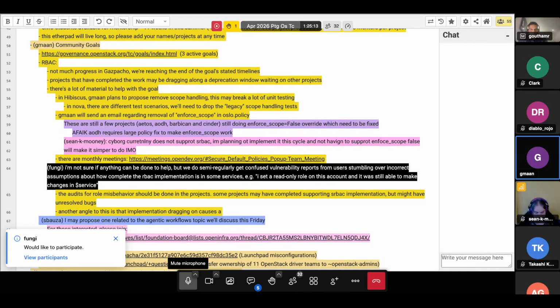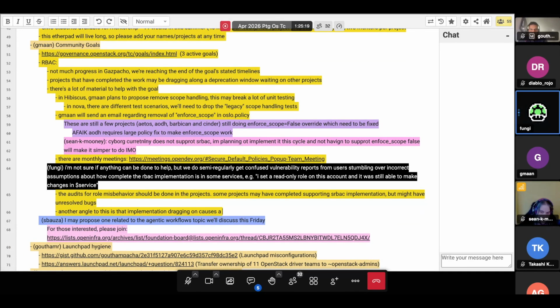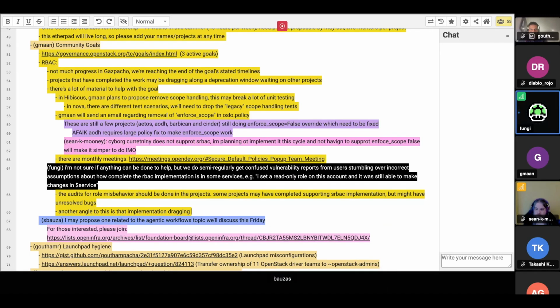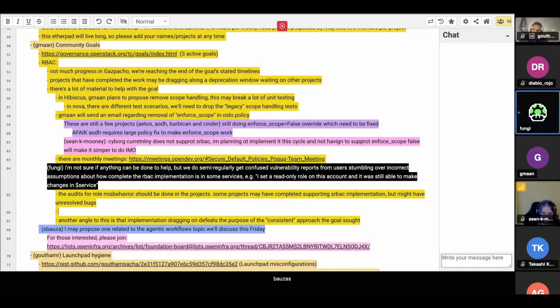Yeah, that's true. Yeah, Jeremy. Yeah, just to clarify, my comment on the Etherpad was specifically about services that haven't implemented certain roles yet, and then users getting confused about whether or not a particular role is applicable to a given service. And it seems like we don't have it documented in a consistent way for operators or end users to understand which of these roles is useful right now in what services and which ones are not going to work yet in whatever version of the cloud they happen to be deploying or interacting with.